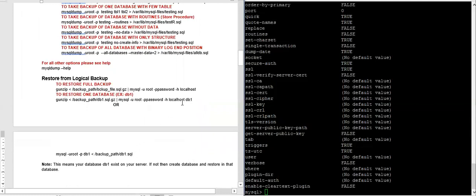If the DB is not there, then you can create that database, and then you can restore it. Another way to do that: if you don't want to use it with a compressed file, then you can use this also.